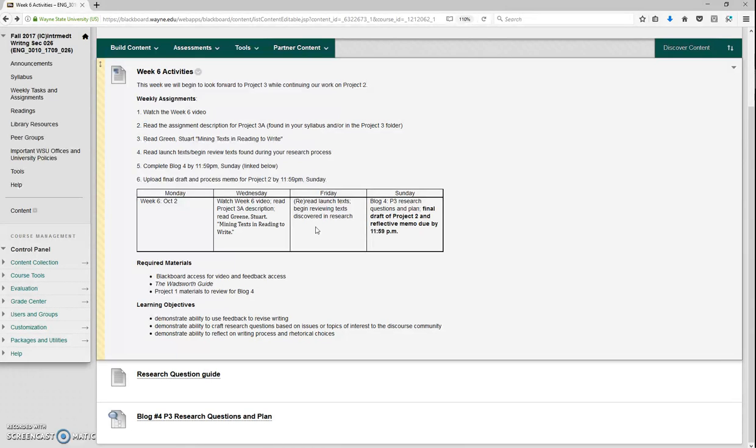So for example, when you are looking in the databases trying to get a sense of the field and you stumble upon a topic that looks interesting, or maybe you've already got your research question and you've started to plug that question into the library resources, start to see what you find, right? The first text that you read and rely on, the first text that you pull out, is going to be our launch text. It's the first thing we find and the first thing we'll use. It's the one that gets us started with this whole next research project. So try to find that one anchor text, the one text that really allows you to think about this topic seriously, and make sure you have that ready to go.